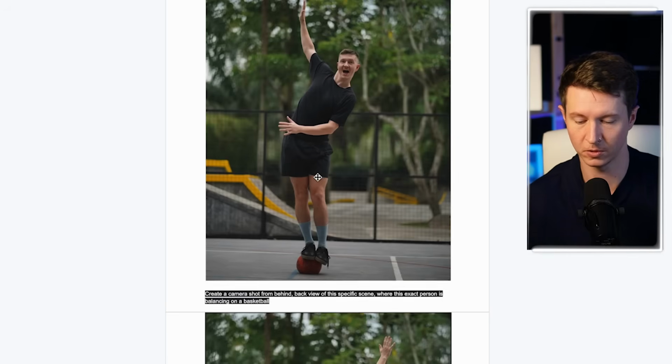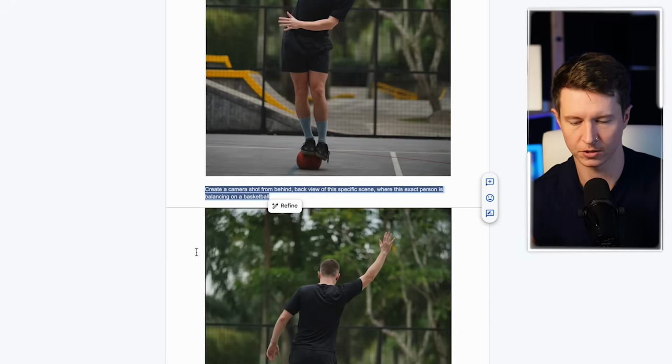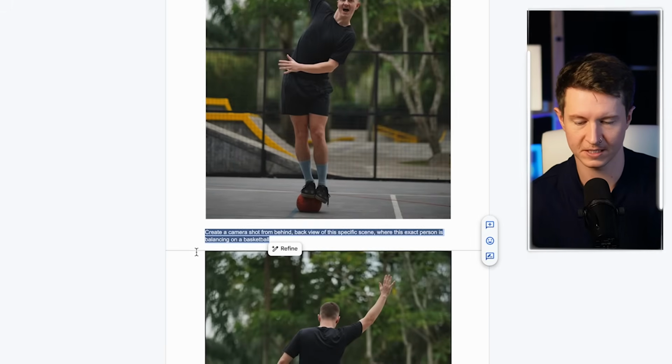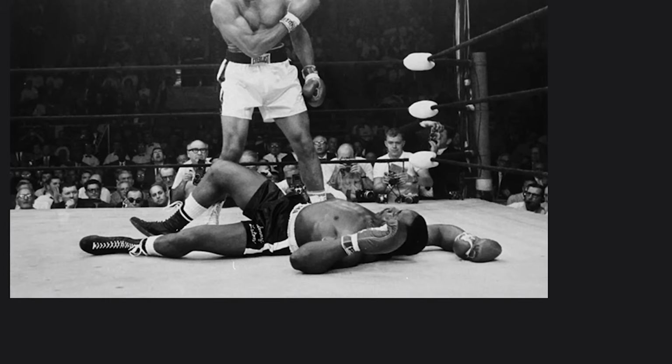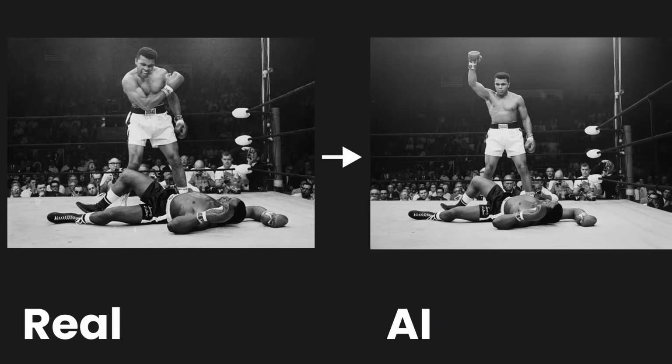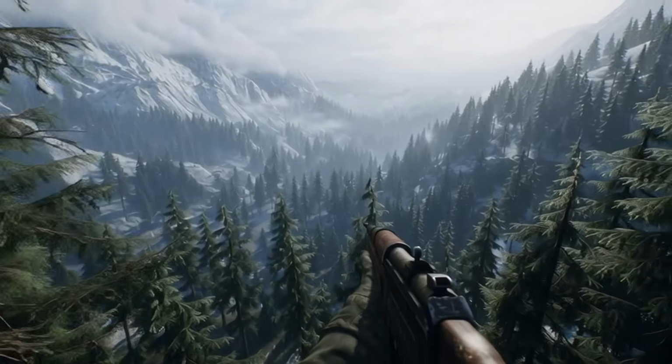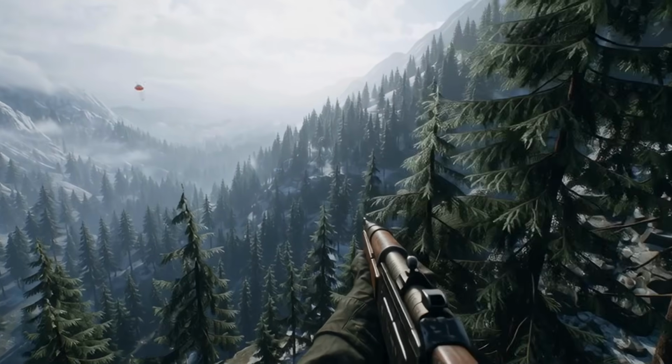Now, here is another example of how this can work, and you can do this with external shots. So here it's worked exceptionally well, and it's even managed to create a consistency on the level of where my socks are hanging. But what's particularly interesting about this is we can apply it to historical photos. For example, here I've taken an image of Muhammad Ali knocking out his opponent, and we've asked for another shot of this exact scene. And this can give us a different viewpoint for ancient activities, and it really opens up the possibility for viewing the world from different angles, which is incredibly exciting because we can also apply this in